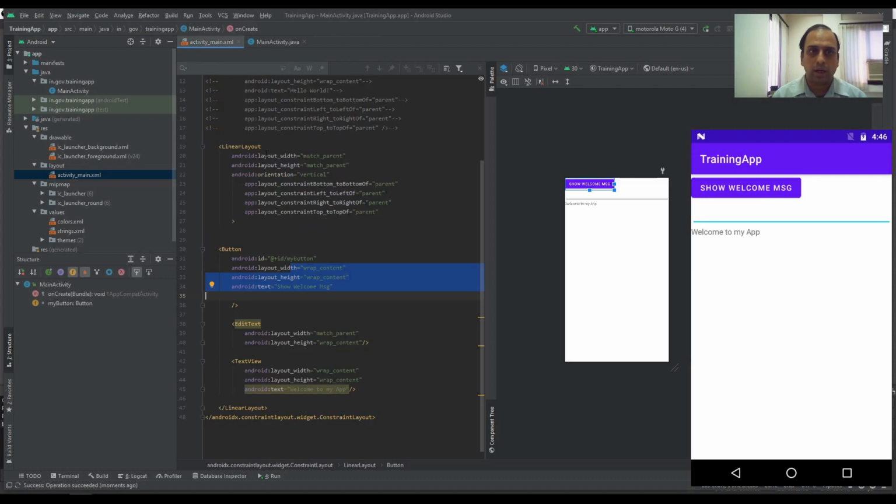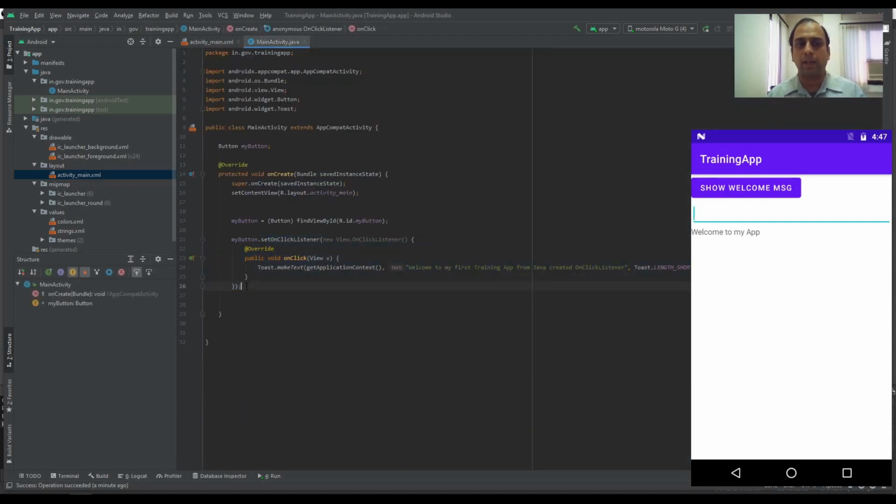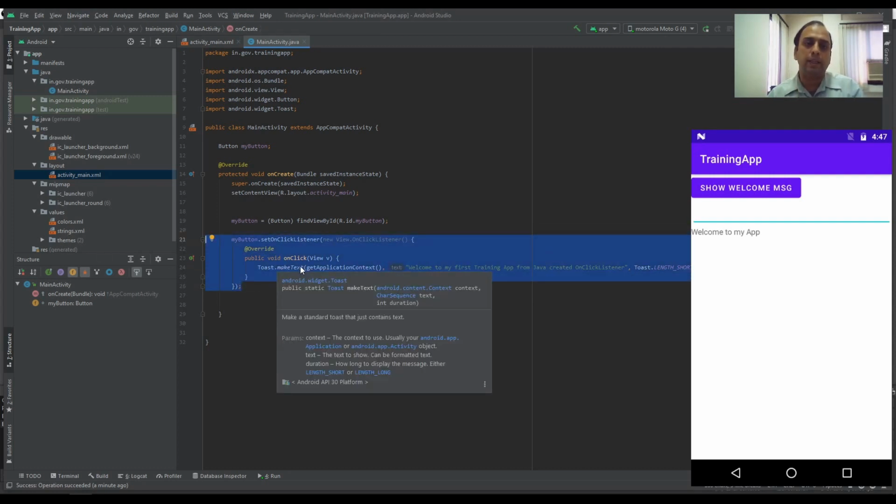If you create it from Java, you have to give the ID. When you are typing the ID, there is something very peculiar. There is something typed as @+id. The meaning of this is that Android Studio will create a new ID which is named my button. +id means it will create a new ID in real time. Whatever the ID is, it will store in the R.id file. R.id is a kind of database which maintains all the IDs of all the resources residing inside your app.